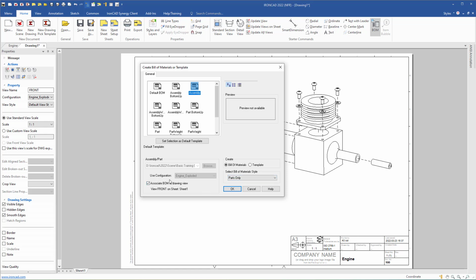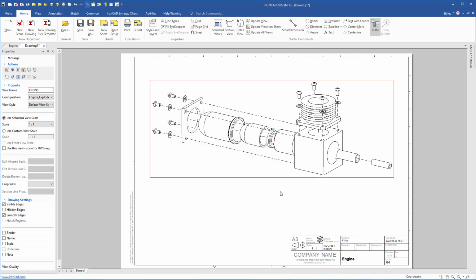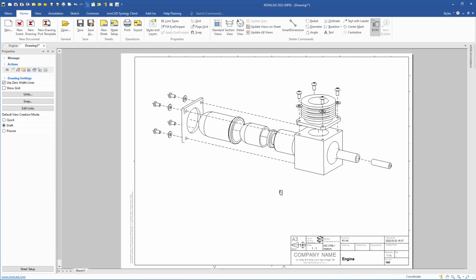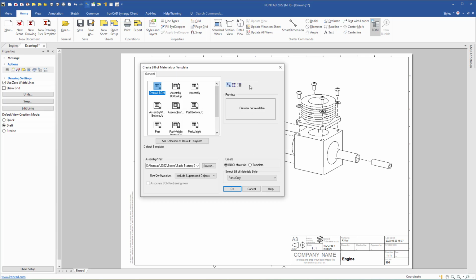So in this way we can be sure that we can add item bubbles and IronCAD will recognize this view is connected to the scene. So I will click cancel here. Another way of doing it, if we do not select a view and come up here to select bill of materials and select assembly, now we have to use configuration. We see now it says include suppressed objects, but we have to select the right configuration here, and that is